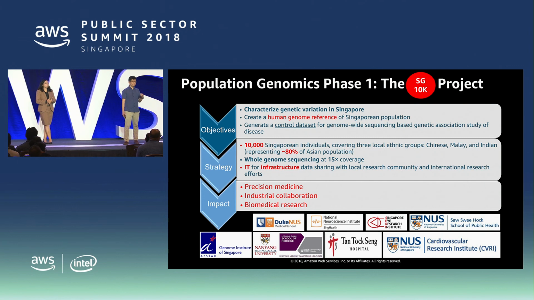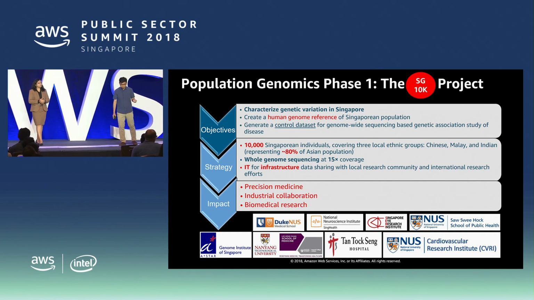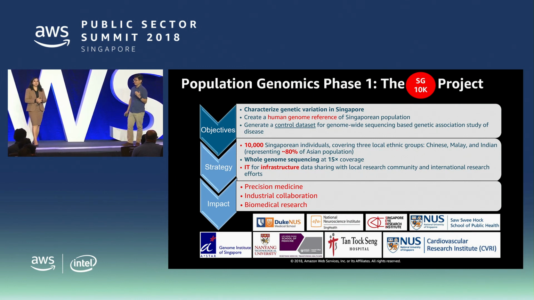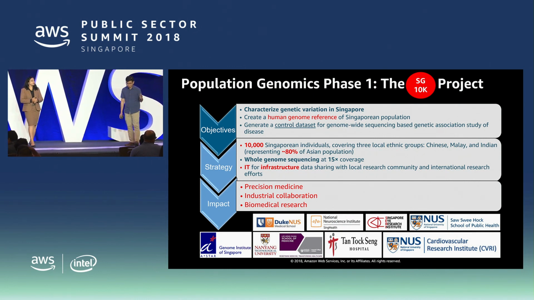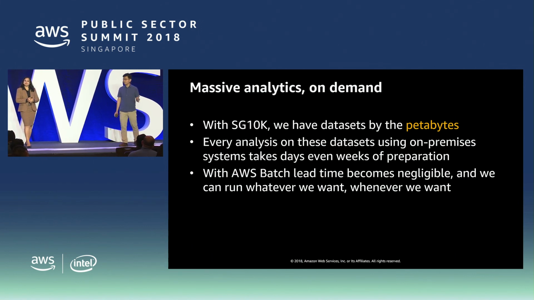We're doing a study of more than 10,000 Singaporeans. And as you can imagine, this is pretty massive. The data set goes up to petabyte scale, literally. When we talk about this project, we don't count in hundreds of terabytes. We say we are now on 1 petabyte, 1.5 petabytes, or 2 petabytes. These are our units of calculation right now.